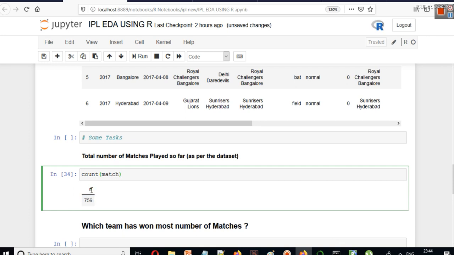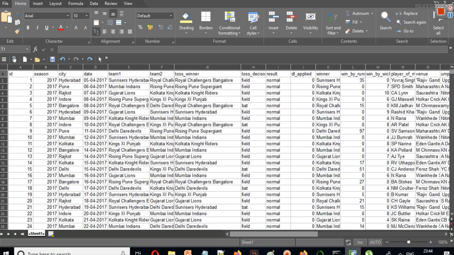In this data frame you can see we have n number of matches, and that is 756. This simply means that the total number of matches that have been played as per the data set is 756. This is simply the information of how many rows there are.